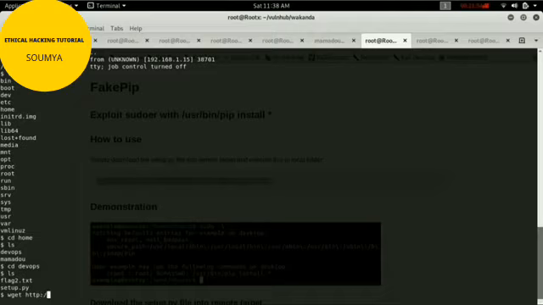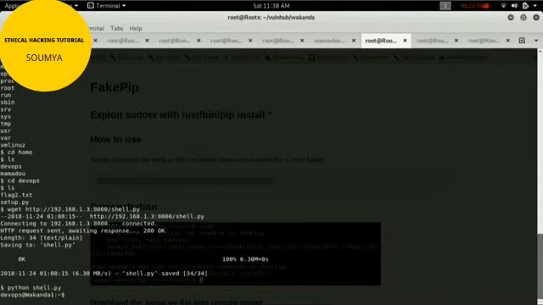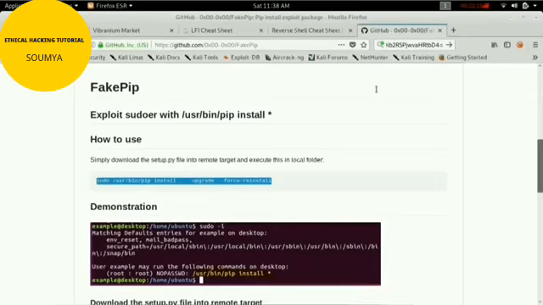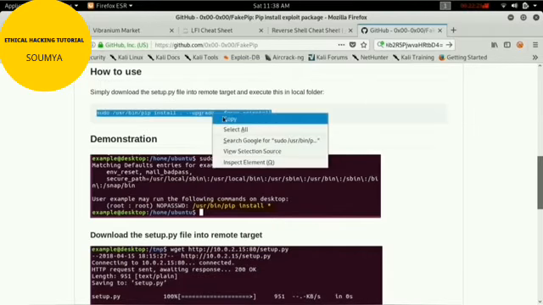Let me download this one. Okay, just run the script. We are in a TTY shell now. It's a good one. Okay, let me run this one. I don't know what to do with that, just simply how to use.